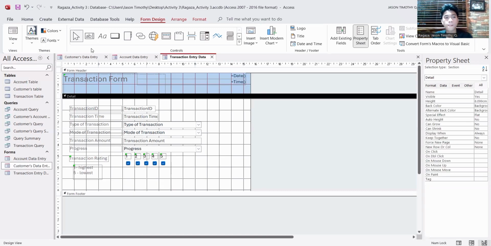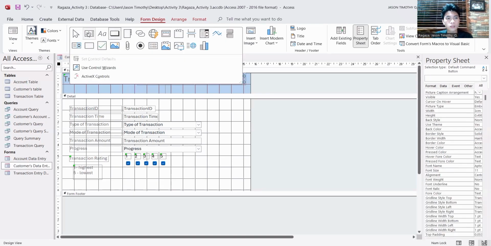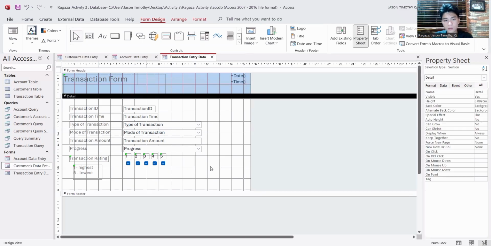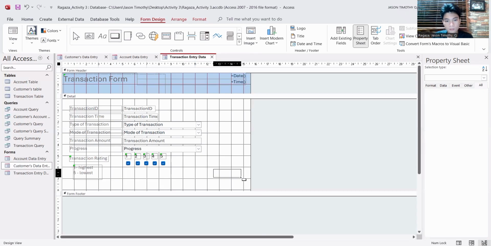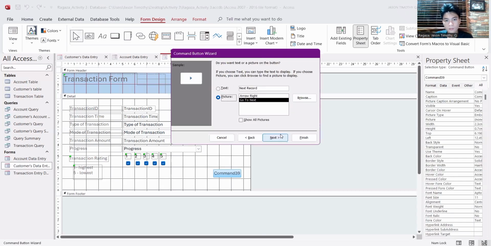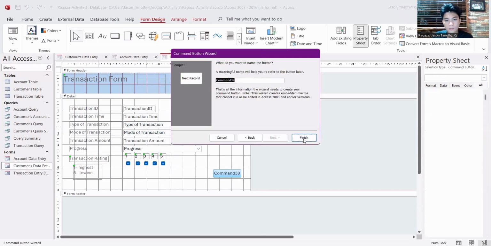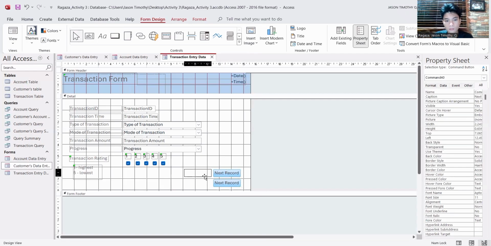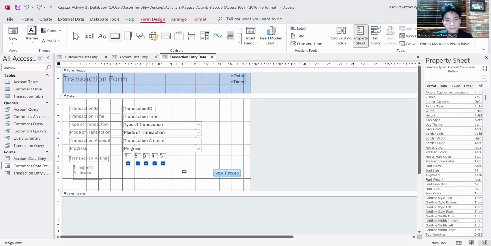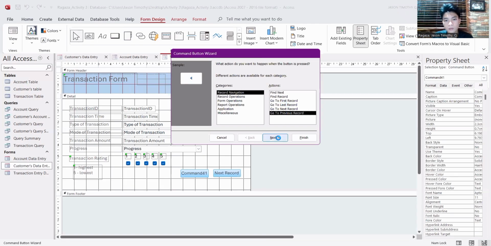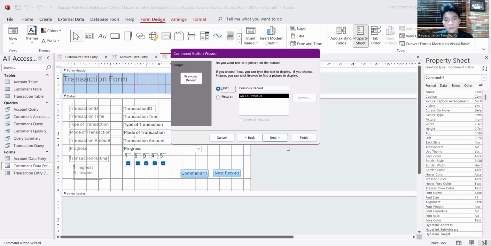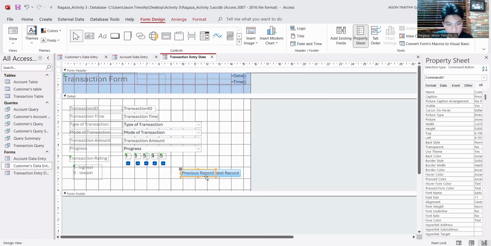We can also add a direction button again. We're going to click on the directional button, and then click on, going to add another previous record, and click on finish.